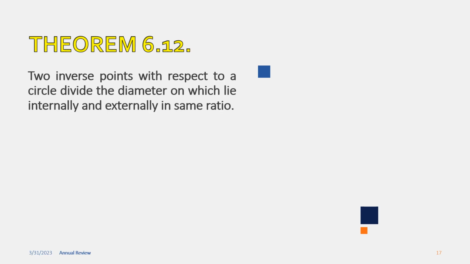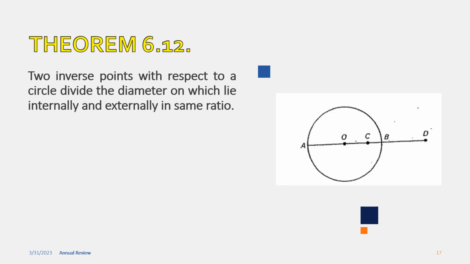A new fact about inverse points shows an application to an earlier construction problem. This theorem I'll be introducing, 6.12, states that two inverse points with respect to a circle divide the diameter on which they lie internally and externally in the same ratio. So this will be the illustration, and if we're going to multiply OC,